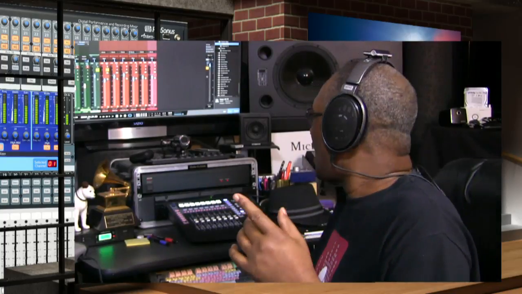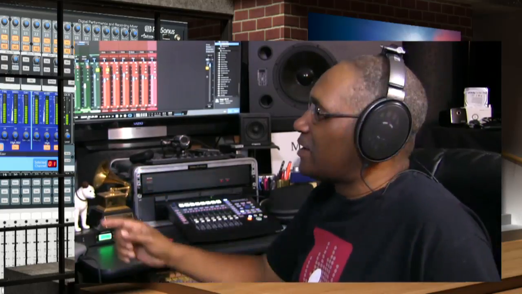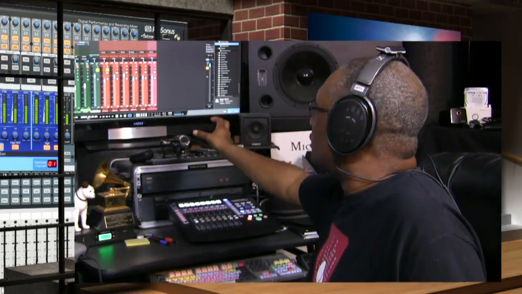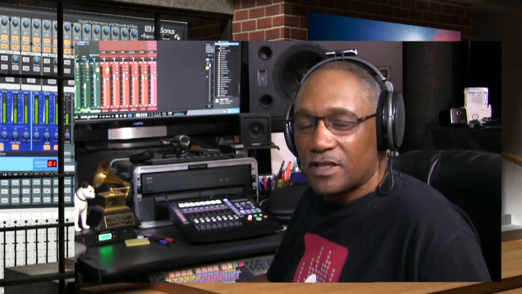But the reason why I do that is because in a bigger session, if I've got a lot of tracks, I don't want to have to keep moving the window back and forth or setting up different things where I can only view stuff. If I want to hear my drums and everything that's going with it, I want it all together. If I want to listen to my vocals and I've got the vocal submix in place, I want it all together so that I don't have to look all over for the particular thing